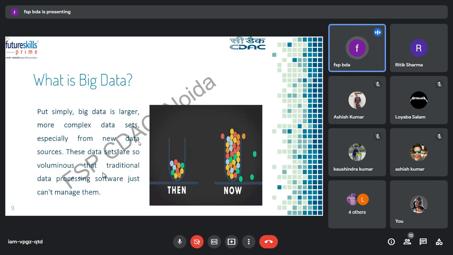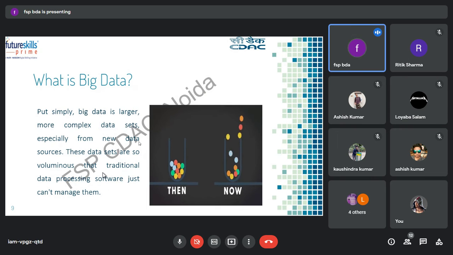But when the traditional database management system was designed, at that time we mainly had structured data. So at that time it was good; for that period of time it was designed and it was good.